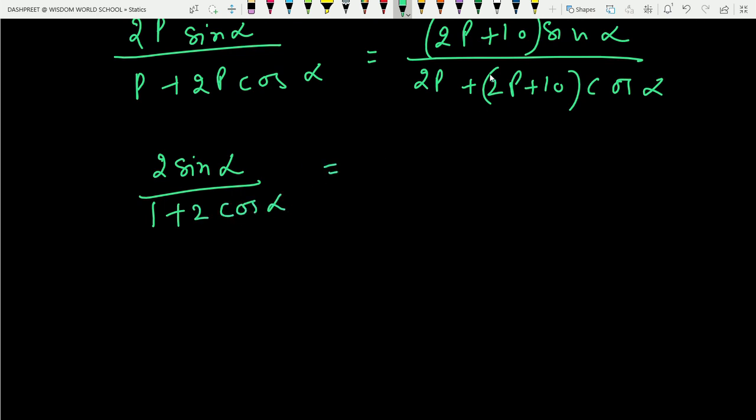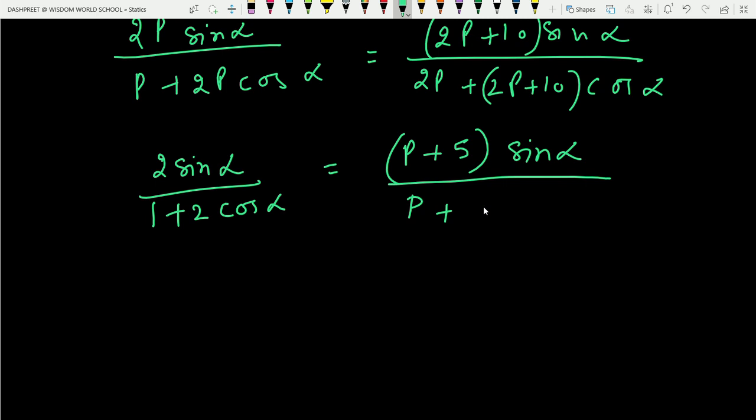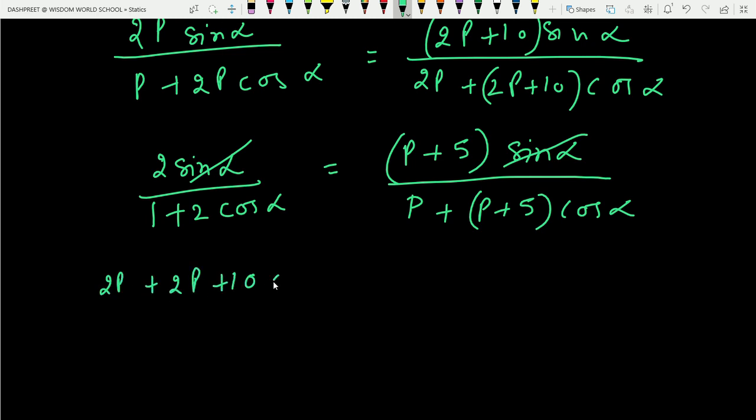In the second case, देखो यहाँ पे 2P plus 10 है, यहाँ से बचेगा P plus 5 sin alpha डिवाइडेड बाय 2 कैंसिल आउट करेंगे, ये बचेगा P plus 5 cos alpha. अब देखो दोनों साइड पे sin alpha सेम है, you can cancel this out and by cross multiplication you get 2P plus 10 cos alpha,